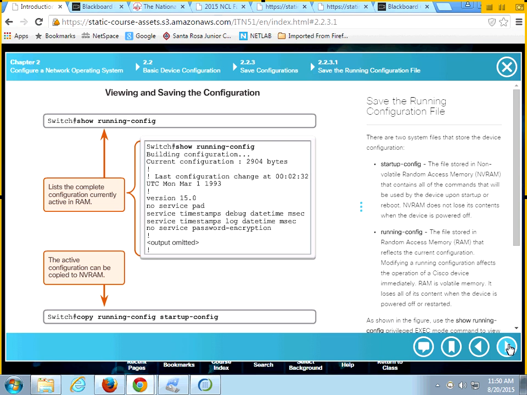Well, we load the operating system. There's a bunch of steps, but we load the operating system, and the router or the switch says, I've got this great operating system. I'm all dressed up, ready to go. Where's my configuration file? Give me something to do. And it looks for the startup configuration file. It could be in some different places, but it's stored for us in NVRAM. So it will grab it